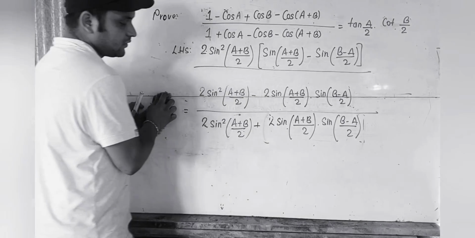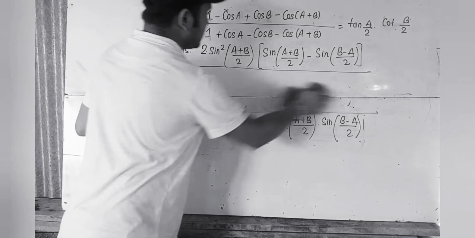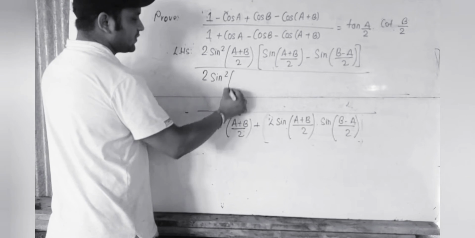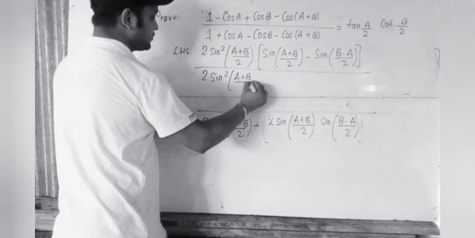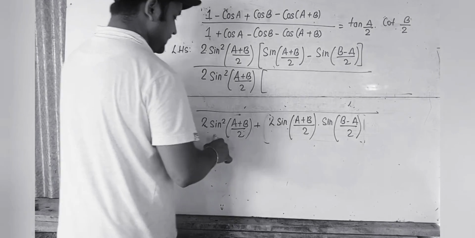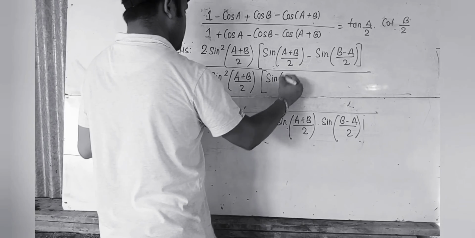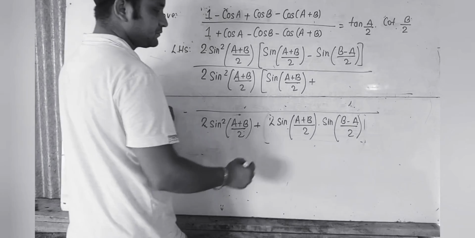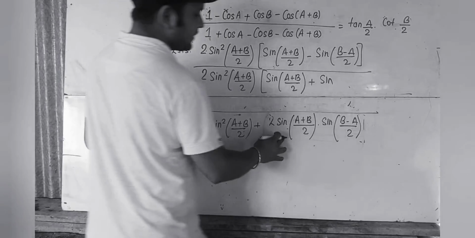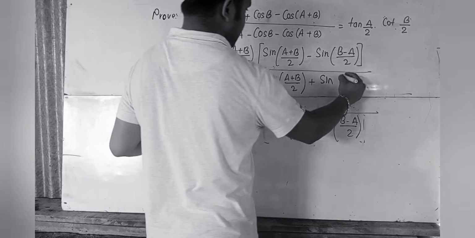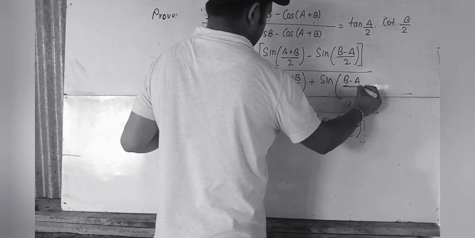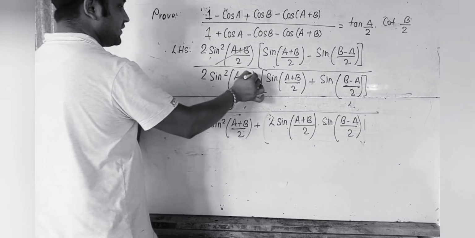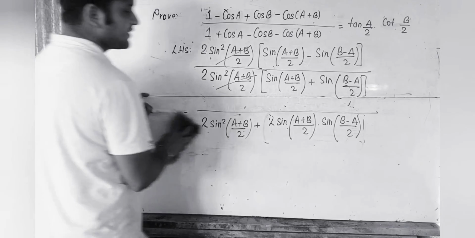Now in the denominator also we can take 2 sin square (a plus b) by 2 common. Now what is left is sin (a plus b) by 2 plus sin (b minus a) by 2, as you have taken sin (a plus b) by 2 common. Now these are the like terms which we can cancel. Now after cancelling them,